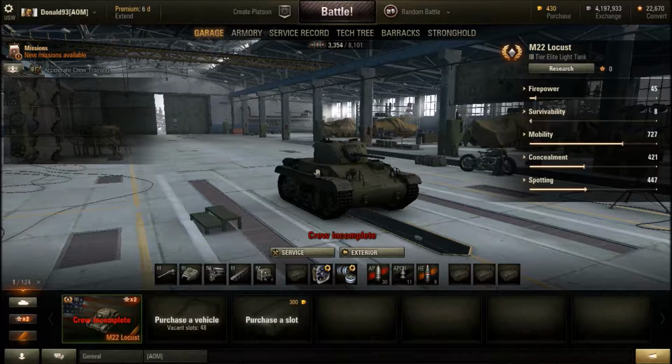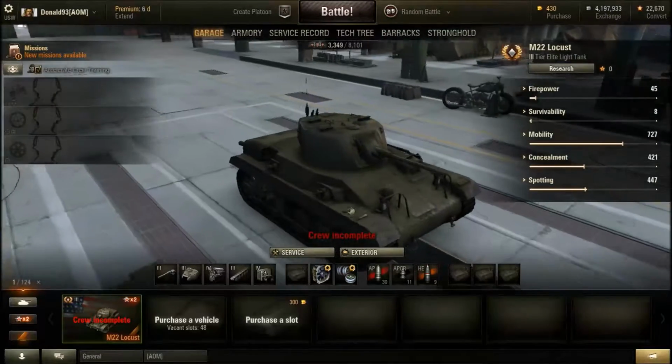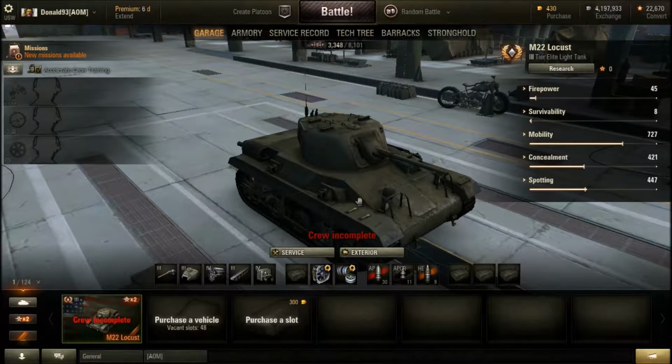I will be doing a quick tank review for the American Tier 3 Premium Light Tank, the M22 Locust. This premium vehicle is quite good for a Tier 3 Premium Light Tank. As a premium tank, you can use it as a crew trainer for your American Light Tank crew members, which you can put any of them who is a commander, gunner, and driver into this tank while making extra credits